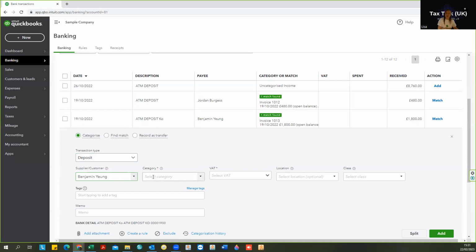So if you forget to put that in, it will prompt you, it won't let you save, because if you're allocating to the debtors category, the software needs to know which customer account it's going to be putting that on. So if we just type debtors,